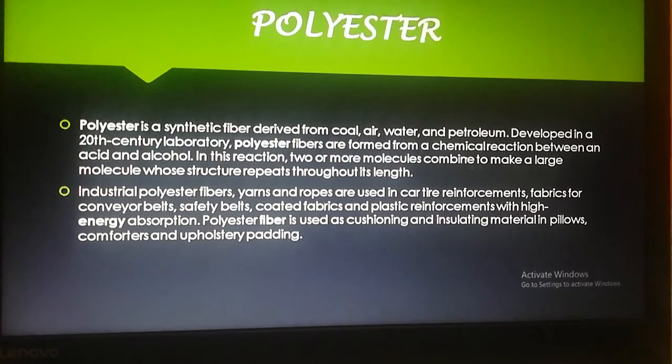It is strong, lightweight and elastic. Clothes made from the polyester fabric have excellent wash and wear characteristics and therefore require minimum care. Some popular polyester fabrics are as follows: terylene, Dacron, terrycot, terrywool, terrysilk, etc.